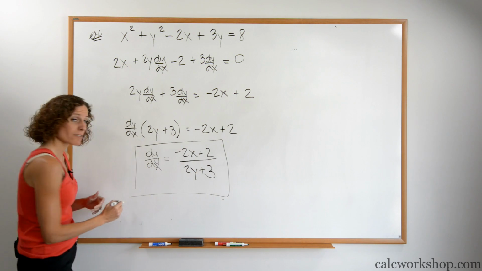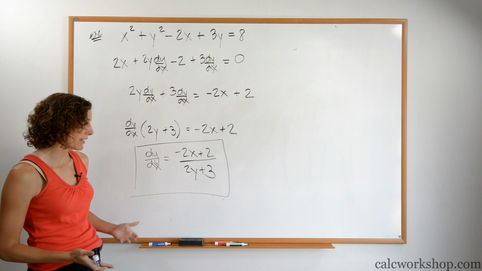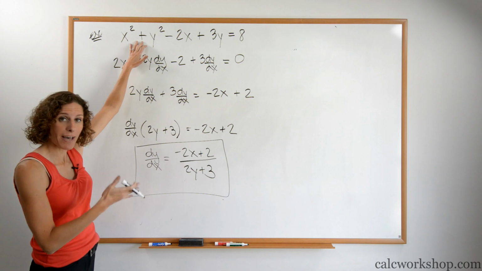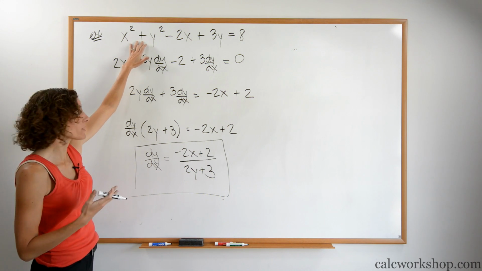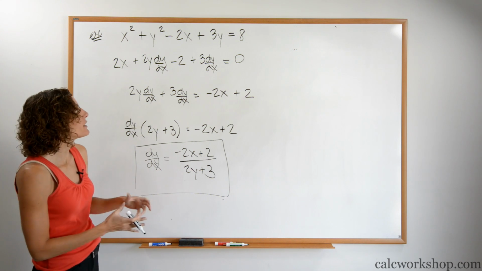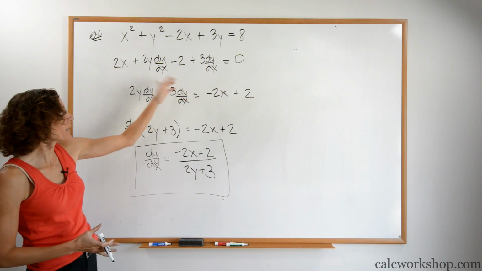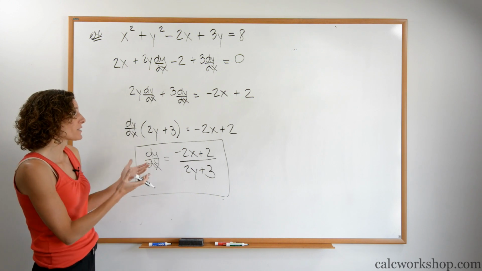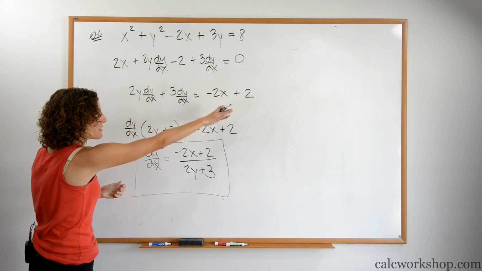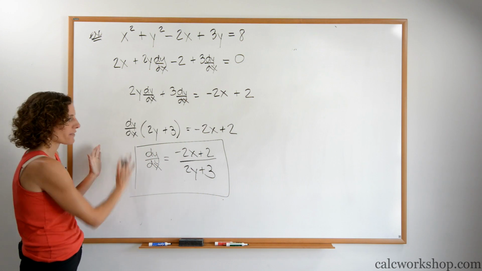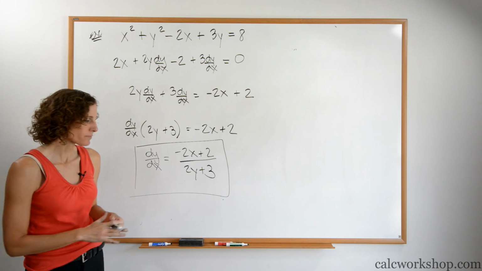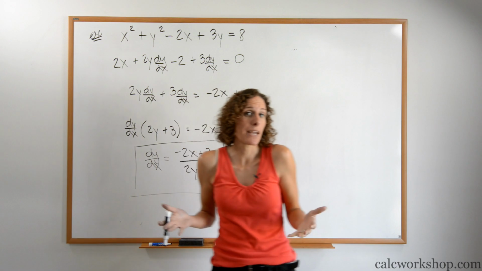I've found my slope, my instantaneous rate of change, and it's a function in terms of x and y because I started with a function of x and y. Again, all I'm doing is leaving it the way it is, not trying to resolve for y by itself, but every time I take a derivative of a y, I'm just going to multiply by dy/dx. Once I do that, I'm going to isolate dy/dx on the left-hand side, everybody else to the other side, factor out, and then divide by the quantity. It's a very similar pattern over and over and over again. Now, that's as complicated pretty much as it gets.